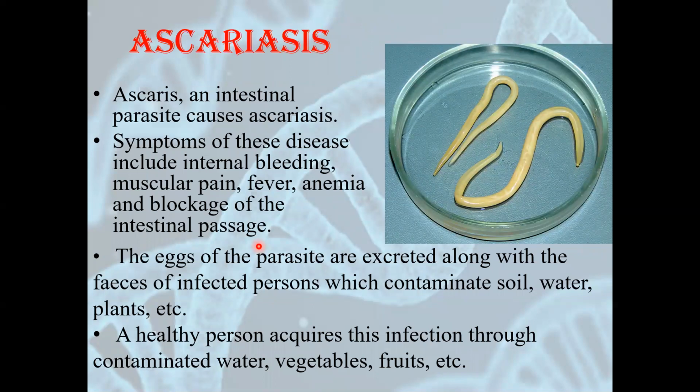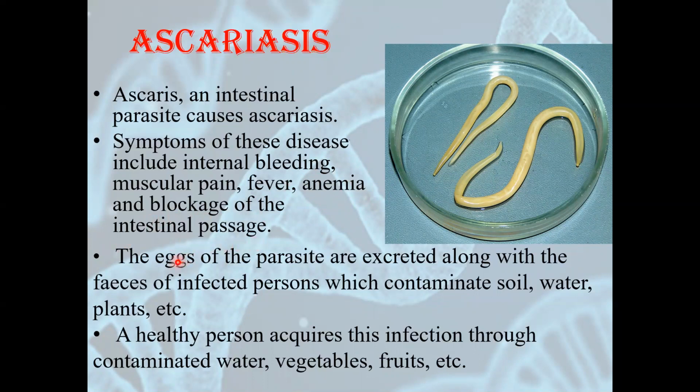Let's talk about the next disease, that is Ascariasis. Ascaris is a worm which belongs to the phylum Aschelminthes. Ascaris is an intestinal parasite, and it causes ascariasis. What are the symptoms of this disease? It includes internal bleeding, muscular pain, fever, anemia. What is anemia? When there is lack of hemoglobin inside our blood, it causes anemia, and blockage of the intestinal